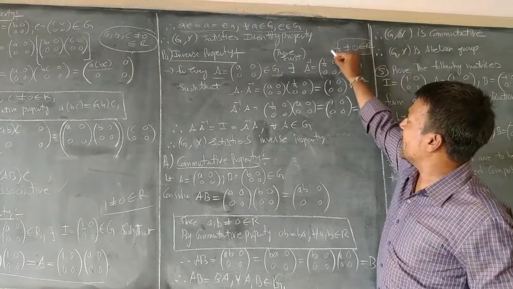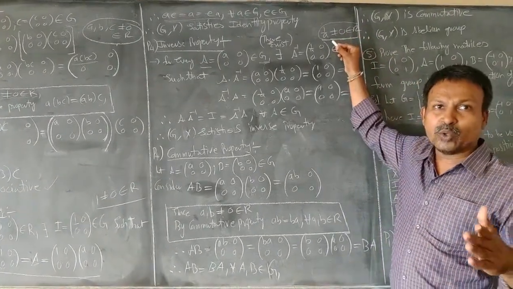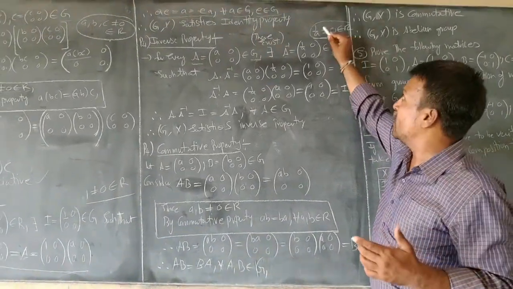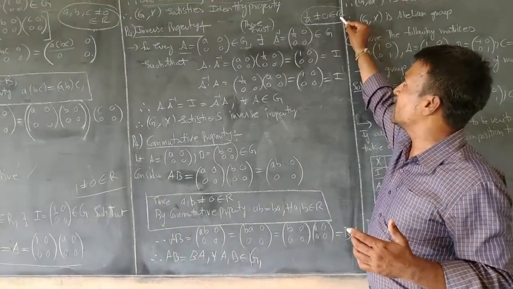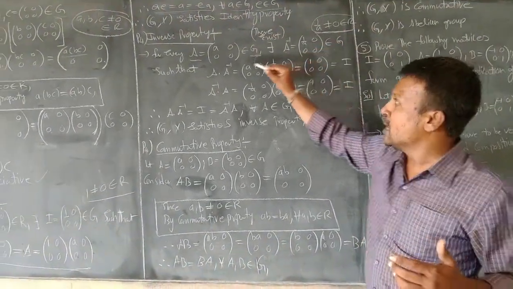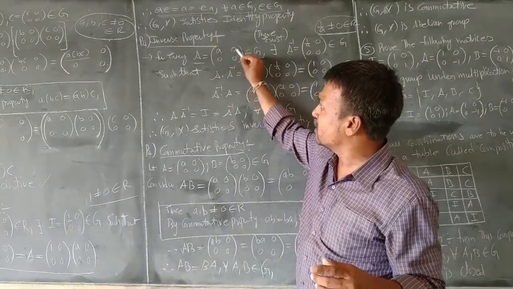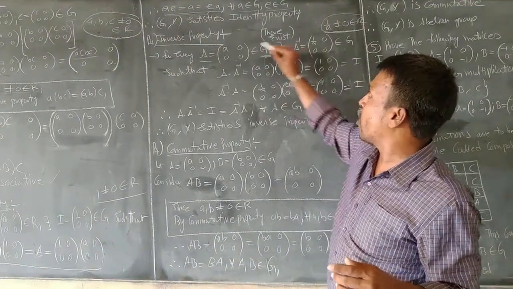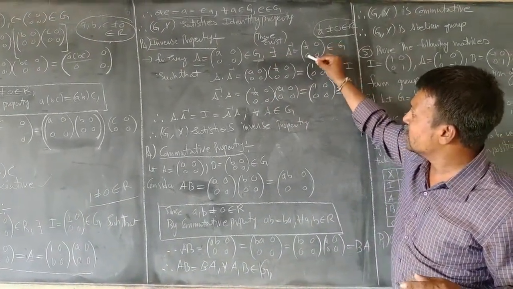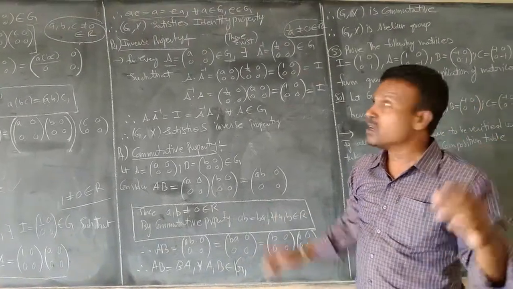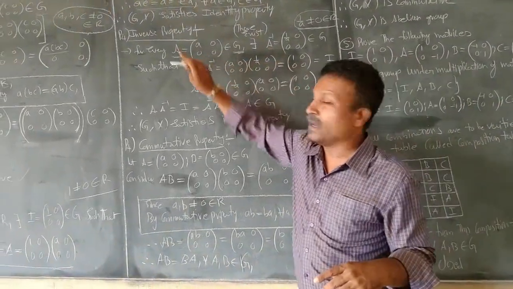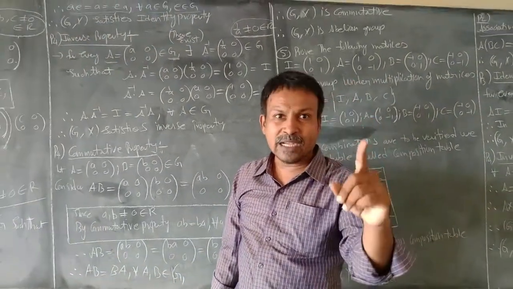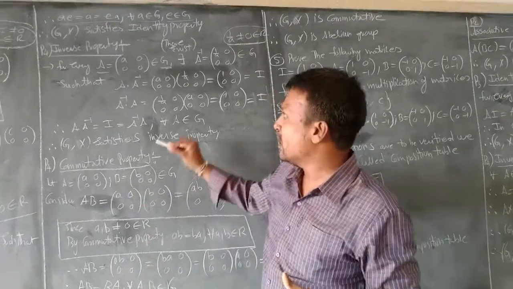Why? Because 1/a is in the form of p/q, which is a rational number form, and where a is not equal to 0, definitely this 1/a will be present in the set of real numbers R, which is not equal to 0. Therefore, if we take any matrix A of the form [a 0; 0 0] belonging to G, its inverse will exist, which will be of the form [1/a 0; 0 0]. Simply we cannot define this as the inverse of capital A. We have to go for the verification part. That is, if A into A inverse is multiplied, we should get the identity matrix. So, let us see the verification.